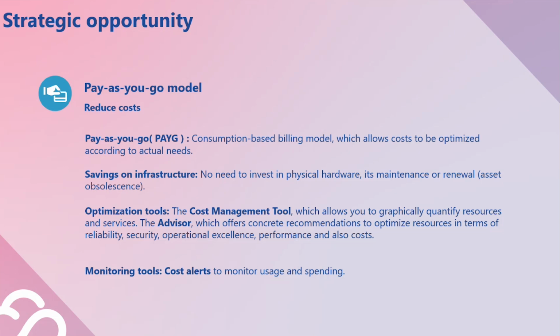So again, saving on infrastructure. At this point, there is no need to invest in physical hardware, in physical maintenance or renewal, what we call asset obsolescence. Third, optimization tools, such as the Cost Management tool, which allows you to graphically qualify resources and